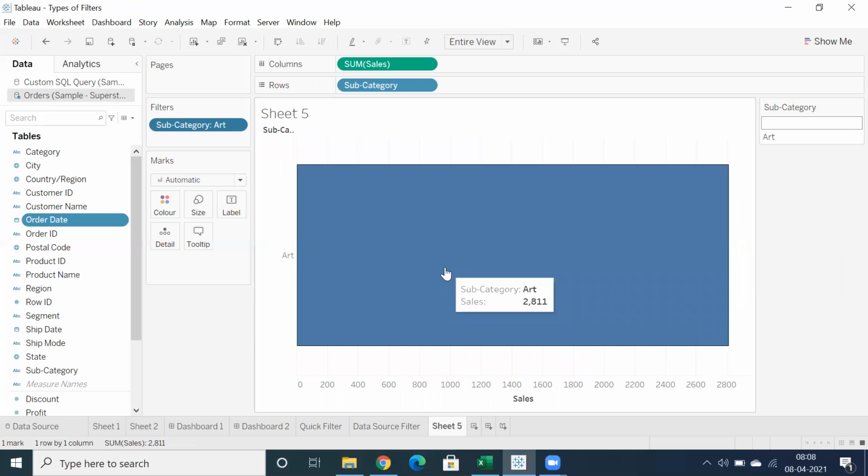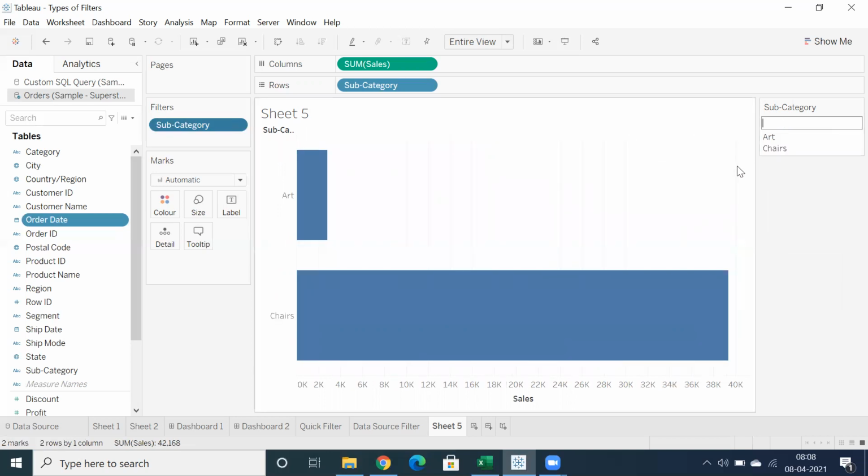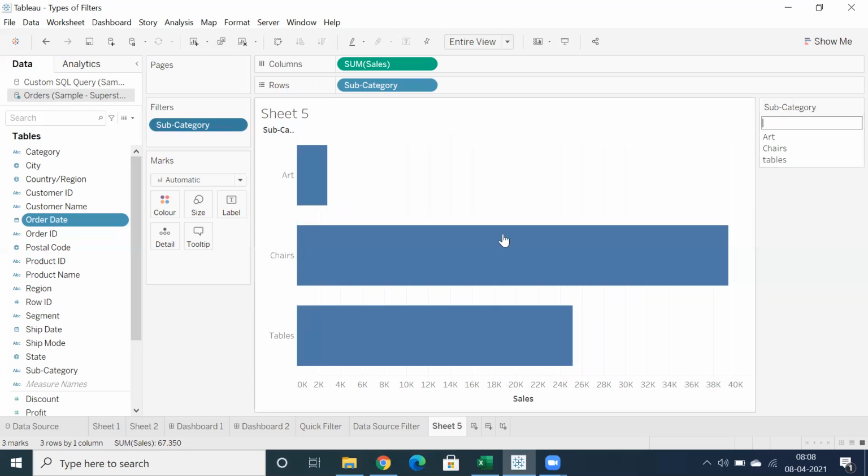I added art. Let's say if you want to display chairs, click on add. So I'm able to display chairs. Tables, click add button. So whatever data you are aware of, you should know the naming convention.